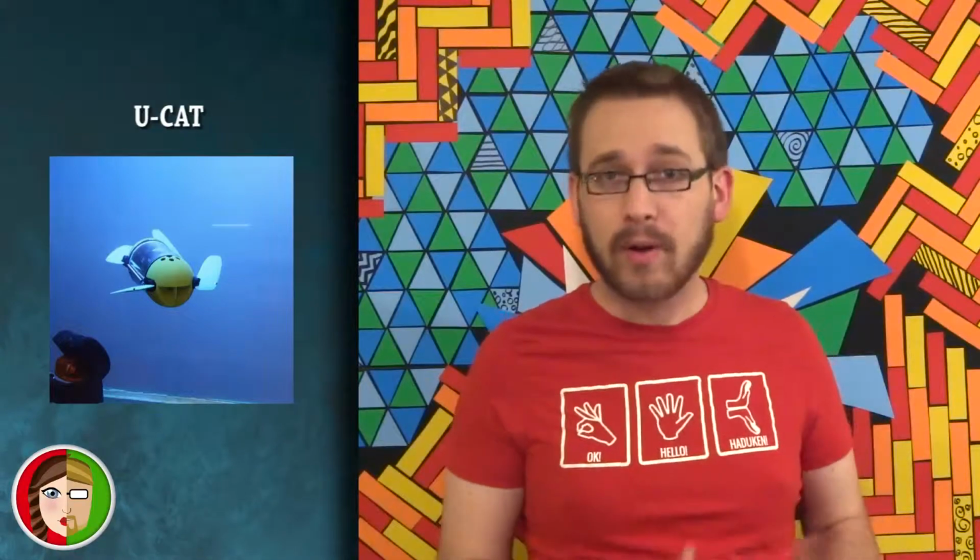The robot, named UCAT, is small enough to fit in any sort of tight spots, has an onboard camera, and is not tethered to anything. It has its own built-in everything, so it's incredibly agile, and because of those 4 flippers, just like turtles, it doesn't disturb the seabed as it goes along, versus what a propeller would do, which would kick up all the dust, obscure the view, and be kind of useless for research when you're trying to